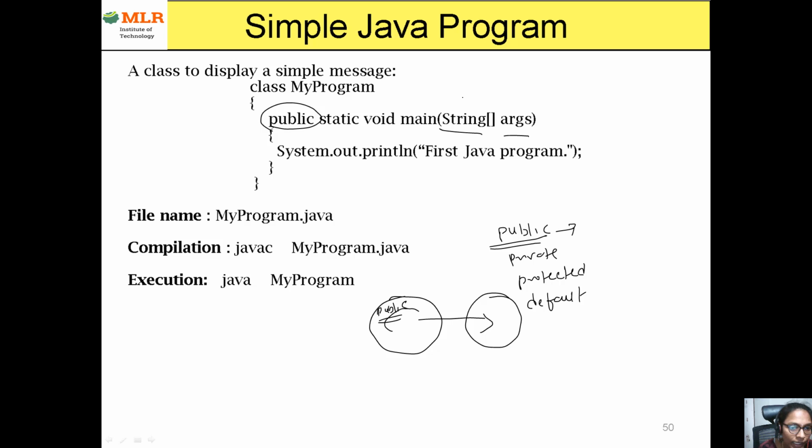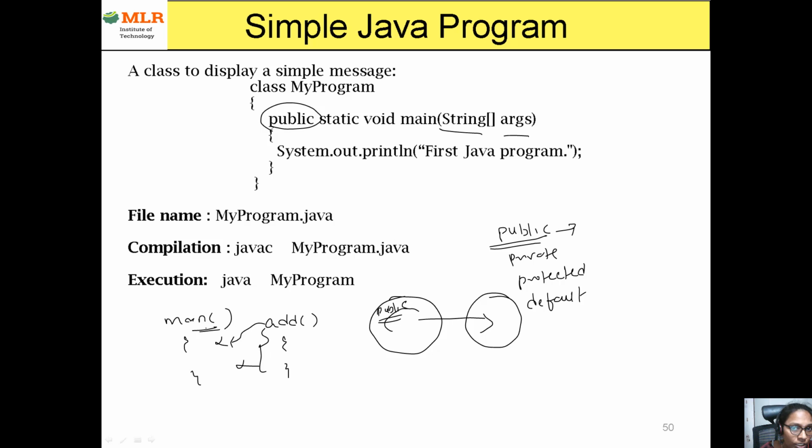Now why am I declaring my main function as public, why do I want to share my main function with other people? For example, consider a C program. Here I am writing two functions, main and add. I am not calling the add function from the main function. Then this code will not be executed, it will only be compiled. If you don't call any function, it will not be executed. But here main is also one function.